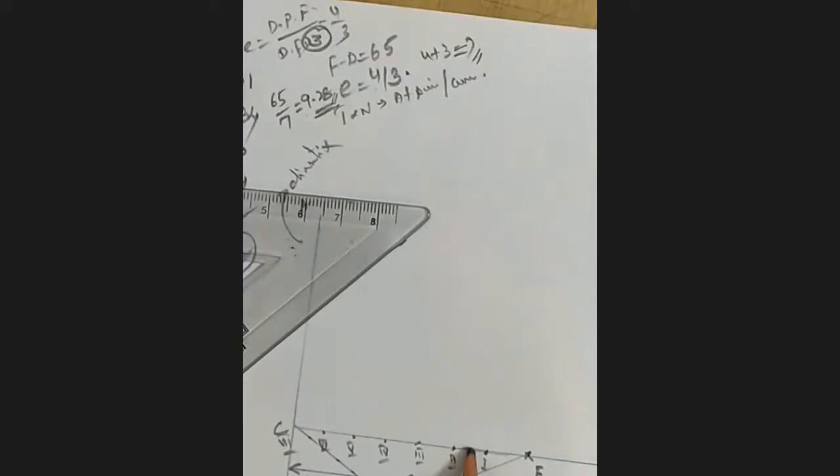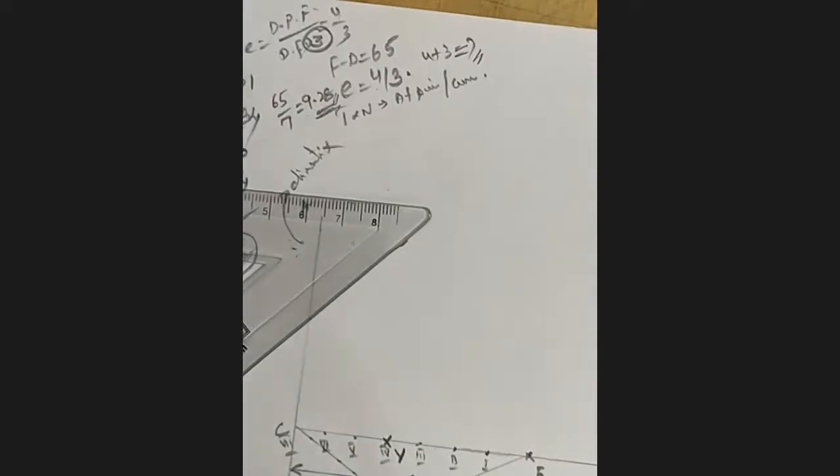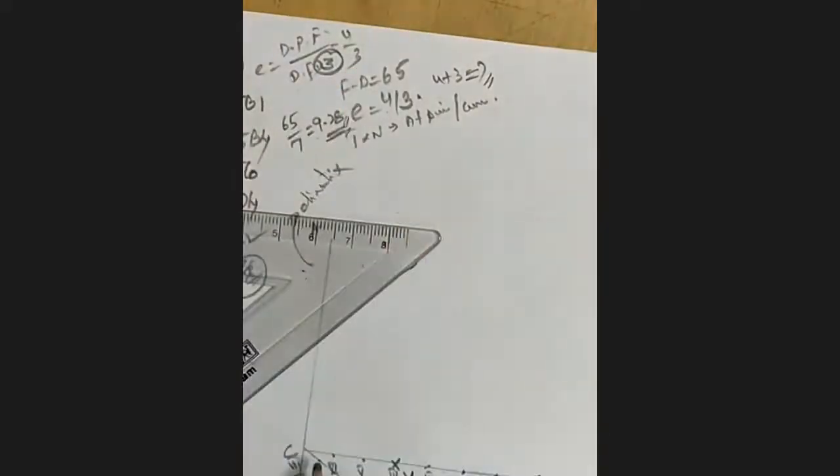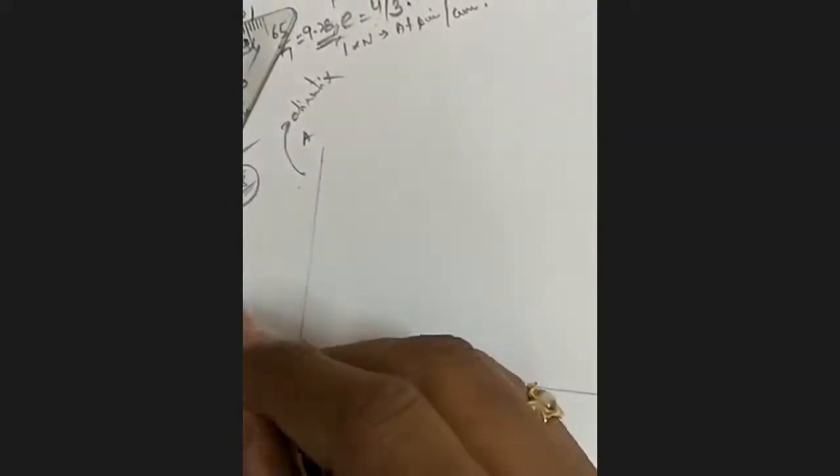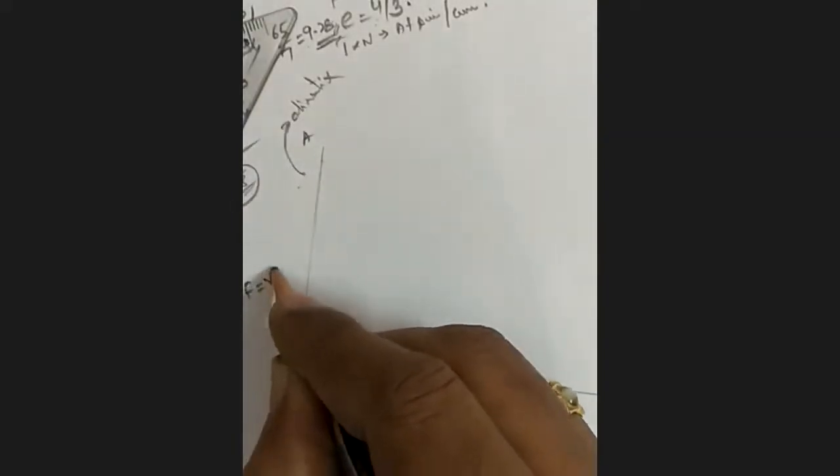1 unit, 2 unit, 3 unit, and this is the 4th unit. Right, V, and the distance from the directrix is 3 units: 1 unit, 2 units, 3 units. So now the vertex is V, F. It is 4 units from the focus and 3 units from the directrix. Then, same procedure, VF is equal to VE.